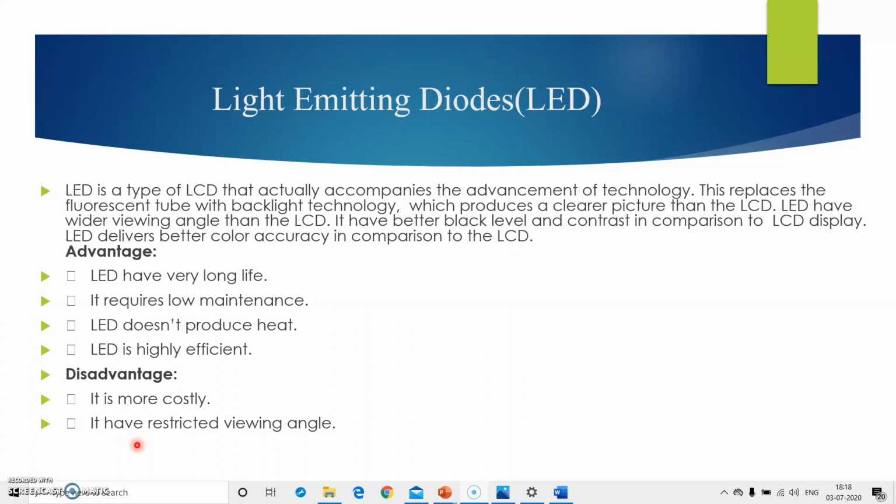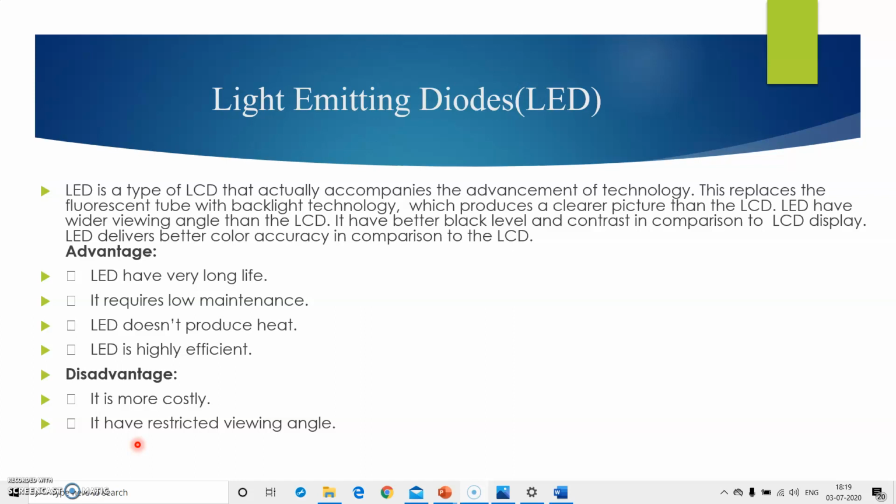A light emitting diode, that is LED, is made up of a semiconductor chip which is surrounded by a transparent plastic case. The plastic case allows the light to pass through it. The emission of different colors including ultraviolet and infrared light depends on the semiconductor material which is used in the diode.